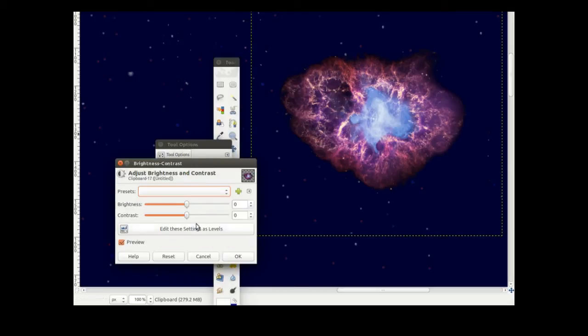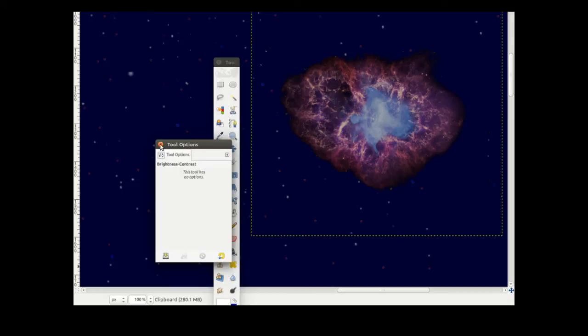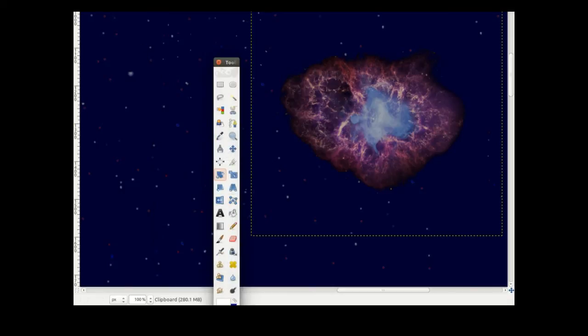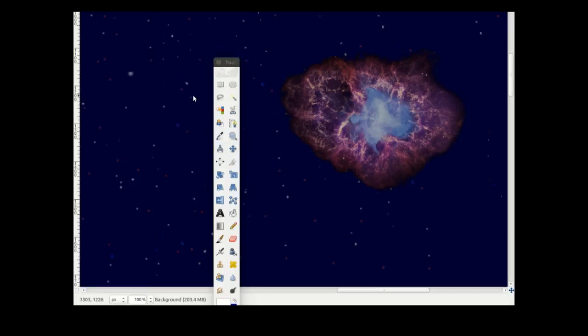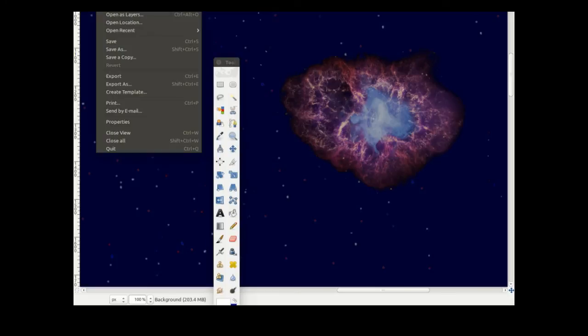So we're on to brightness and contrast. Take the brightness right the way down, like so. And then it's not going to outshine our sun. Right, so we're Image, flatten image. Now I'm going to save this on File, Export As,